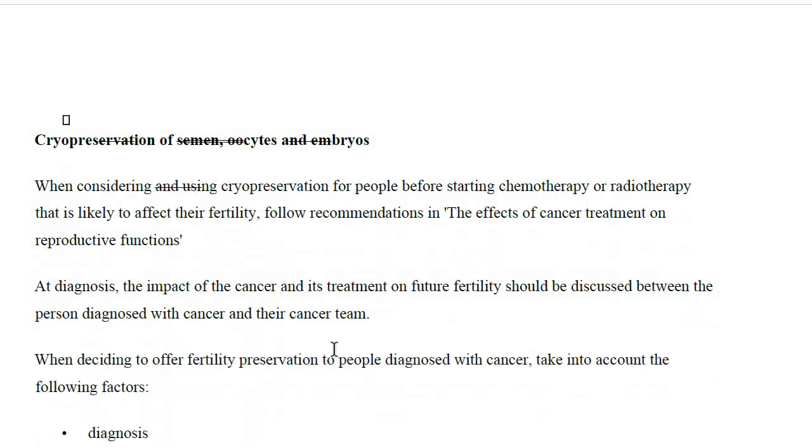So when we are considering cryopreservation before starting chemo or radiotherapy that is likely to affect their fertility, we need to follow standard guidelines. Then at diagnosis, the impact of cancer and its treatment on future fertility